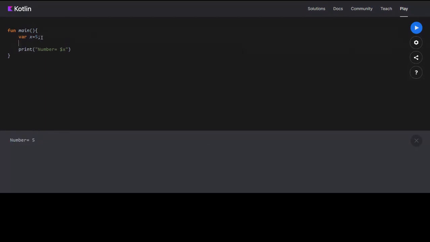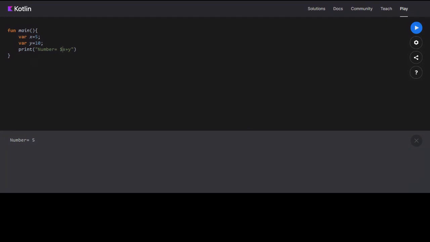Now if we want to perform an expression inside this, for example, if we have another variable, let's say var y equal to 10, and we want to print the sum of x and y here, you can't just do it like this because this will give an error, because Kotlin only sees the first word after the dollar sign.